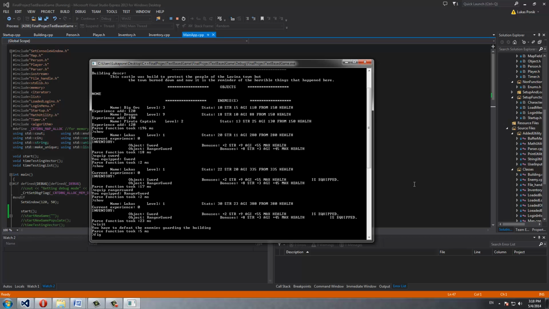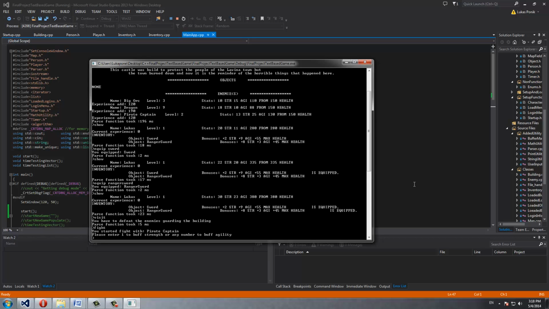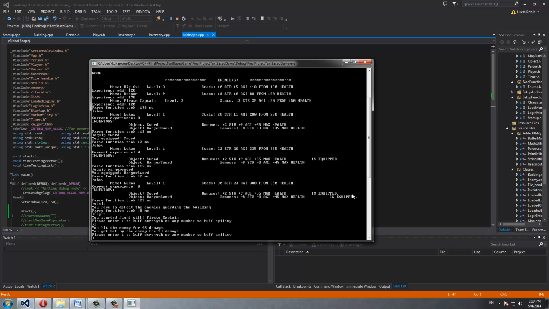So if I type fight, it automatically starts fighting the enemies one by one, so I didn't bother writing the enemy's name, because if you write fight, you definitely want to fight the enemy. So you can type 1 to buff your strength, or any other number to buff agility. So I type 1, I want to buff my strength, and you can see I hit the enemy for 48